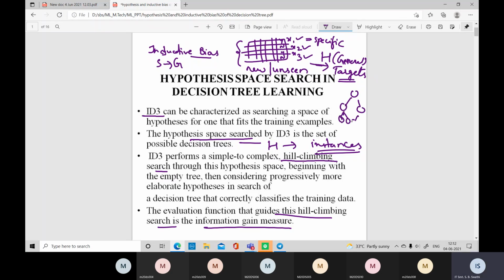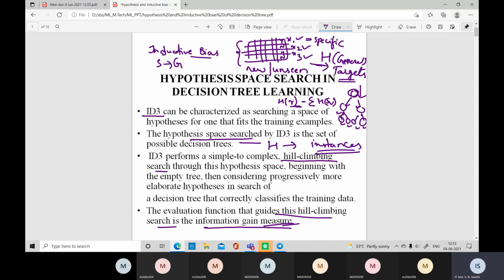If you remember, once we build the decision tree, the information gain measure is calculated with respect to the root node. That is, the entropy of the root node minus the summation of the entropy values of the remaining subnodes. You subtract the entropy values of the remaining nodes from the root node value, and this is always done from top to bottom. That is the way we calculate the information gain.